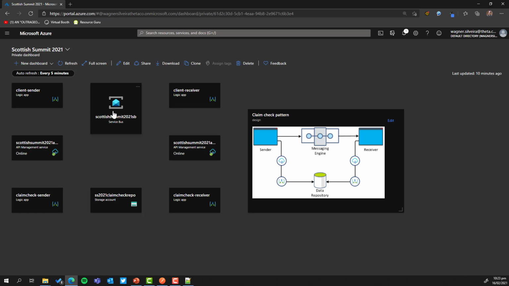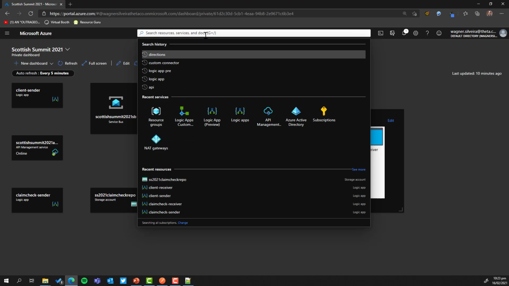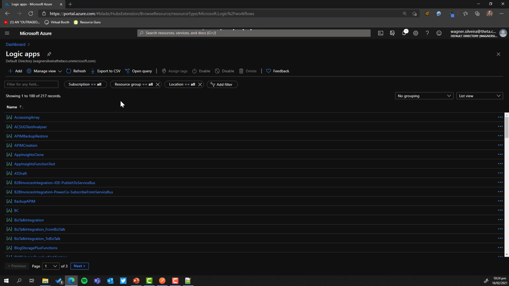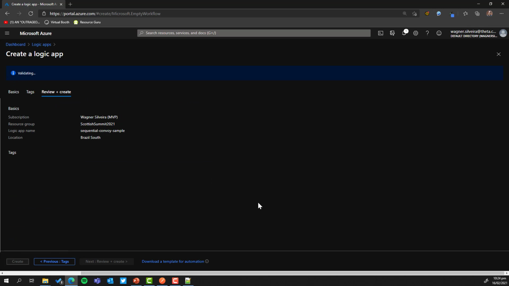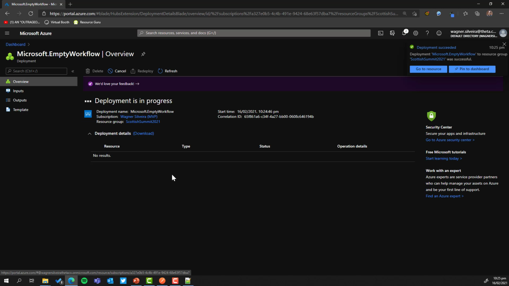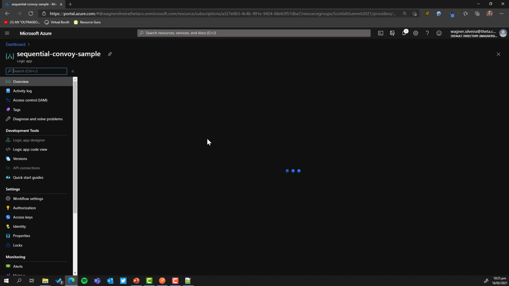The first thing I wanted to show you is, if you're interested in creating a sequential convoy and you don't know how to start, you should be able to create a new logic app. So this is the sequential convoy sample. Just create that for now. That is going to create an empty logic app for me. And there we go. So if you go to that resource